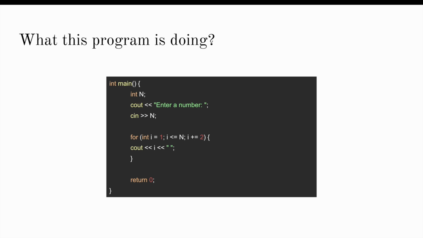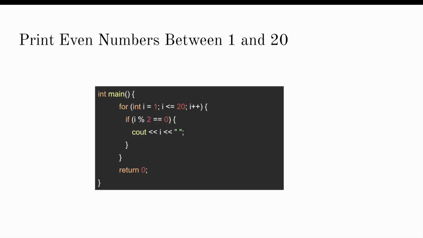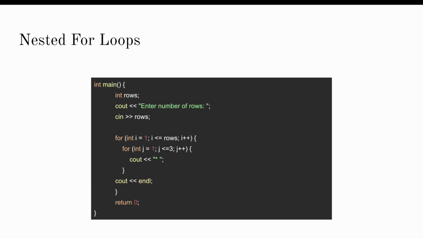Enter number n, i less than n, and the step. The difference is this: the step is 2 here. That means it will print 1, 3, 5. So it's also printing odd numbers, because the step is 2. It starts from 1, the second number will be 3, again step is 2, that will be 5, then 7, 9. So that's another way of printing odd numbers, but that's not the logic, we are just playing tricks with odd numbers. The logic is the one that we had. All right, now